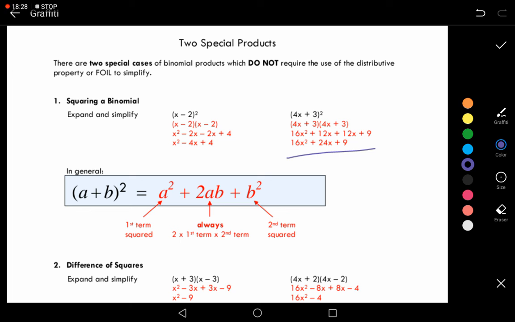Personally, this seems like a lot to remember. You may want to just simply expand and simplify, okay? Because likely you aren't going to necessarily remember this formula here, okay? So the other